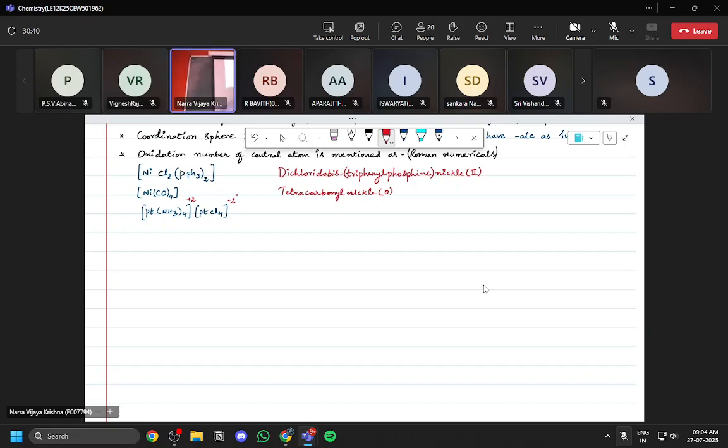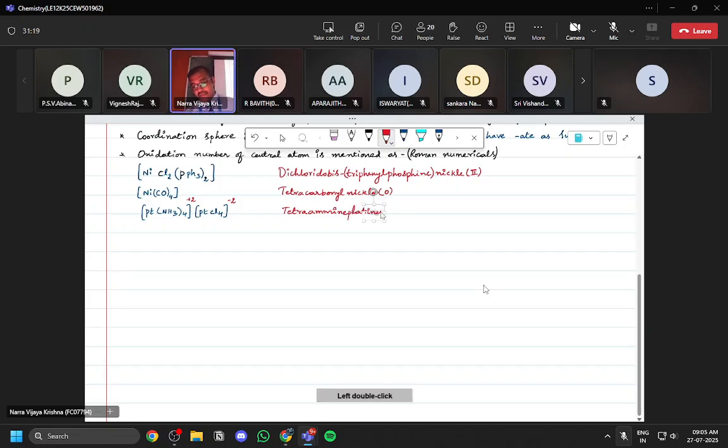Here also I have written the cationic part first, followed by the anionic part. Why am I writing the formula also? Give the name of it. First we need to name the cationic part. But the cationic part itself is a complex coordination sphere, so I have to name the ligands first. Tetraammine, double m. Tetraammine, neutral. Don't write amino. The moment you write O, it should be an anion. Right? So tetraammine,